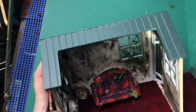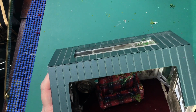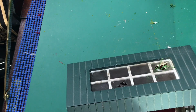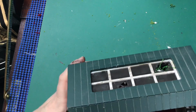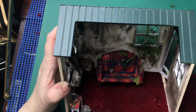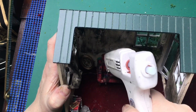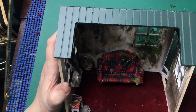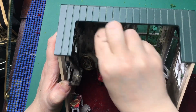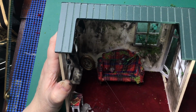And I'm gluing little plants and things coming through the window, so like nature's taking this back over and breaking it down, so eventually it'll all be overgrown and broken down and there won't be many traces of it left. And I'm adding some of the moss as well onto the walls, so it looks like moss and mould are growing. And I'm adding a bit more moss to the top of the settee, the couch, because I'm making it look like the roof's been leaking onto the couch,